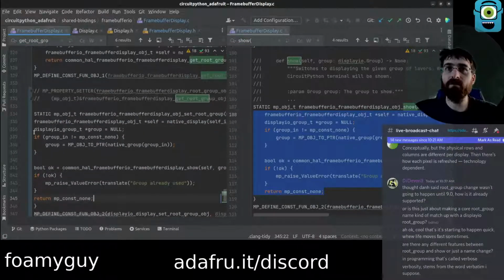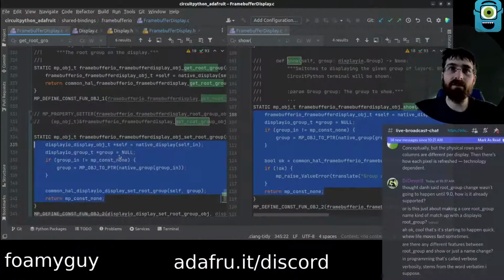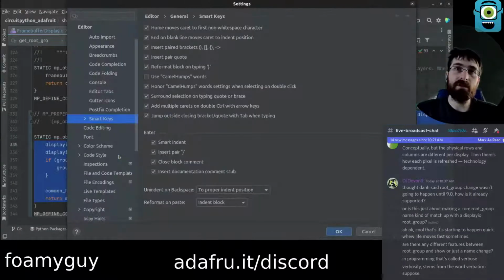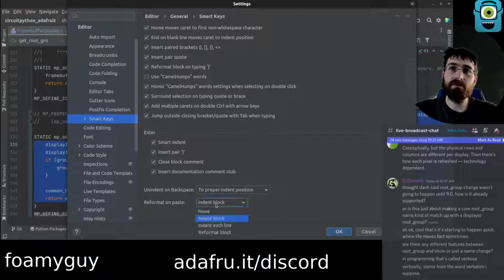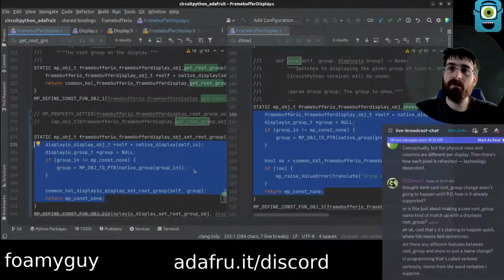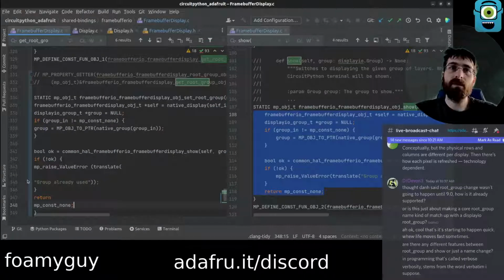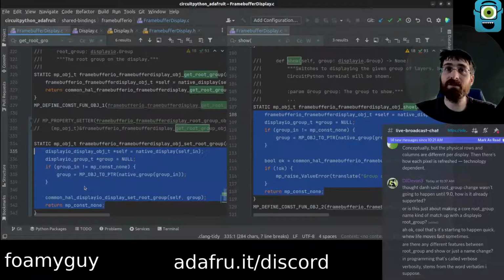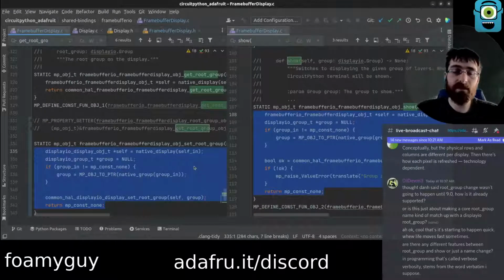That doesn't seem to have made a difference. We're still not indented here. Okay, attempt number 2. We already had indent each line. Let's do reformat. These are all the same, if I'm honest. I have not noticed the difference yet.